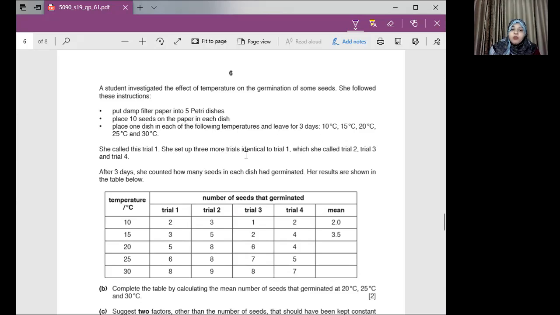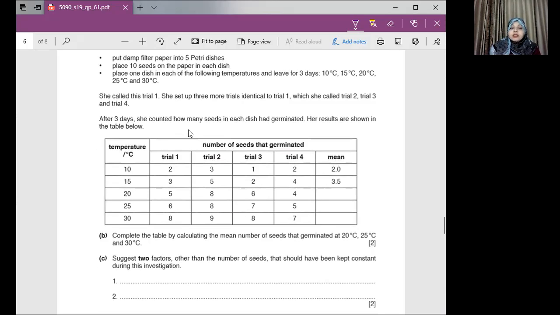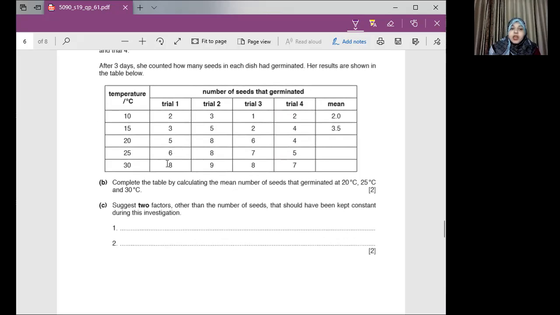She set up 3 more trials identical to trial 1, which she called trial 2, trial 3, and trial 4. After 3 days, she counted how many seeds in each dish had germinated. Her results are shown in the table below. Part B is to complete the table by calculating the mean number of seeds that germinated at 20, 25